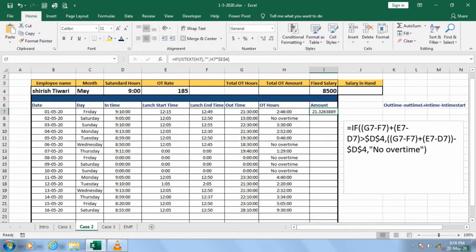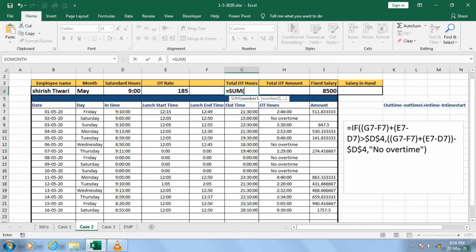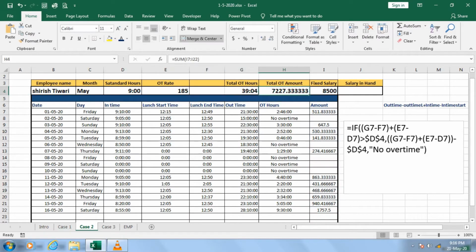Why is it not correct? Because 1 day is equal to 24 hours. So you have to multiply it, or convert into time, as I explained in the previous video. So this is a time. Then drag it down for getting the rest of them. Now this is calculated. We again have equal to sum, then add it. So I got this equal to sum, again select it, close it, enter, then getting the final answer, this plus this.